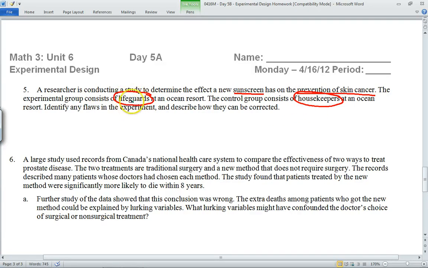Well, who would we expect to have more skin cancer later in life? Lifeguards or housekeepers? I'm talking, regardless of what kind of sunscreen they use, who's at higher risk for skin cancer from the sun? Yeah, lifeguards, they're out in the sun all summer long, so they are at higher risk